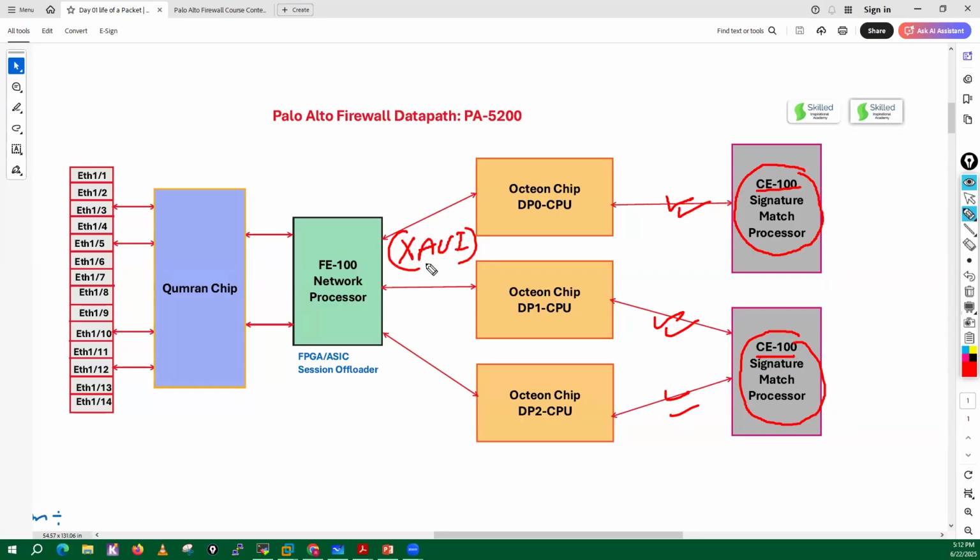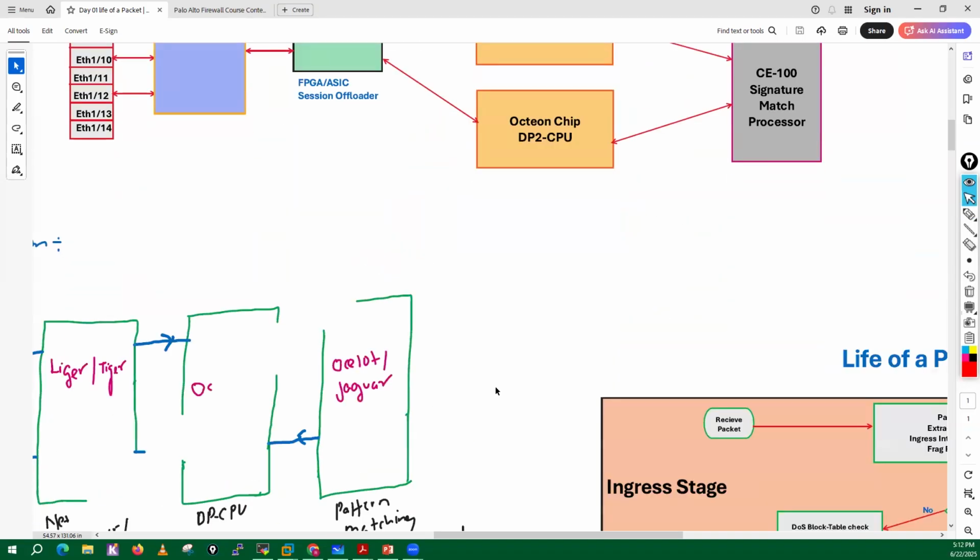So your data will move here and there. There's proper communication. They add a header when your FE100 hands over the packet to your Octeon chip, or when Octeon hands over some layer 7 content to the signature match processor. They add their respective headers, which are Palo Alto specific headers, just for delivering that particular data between those particular components, okay.